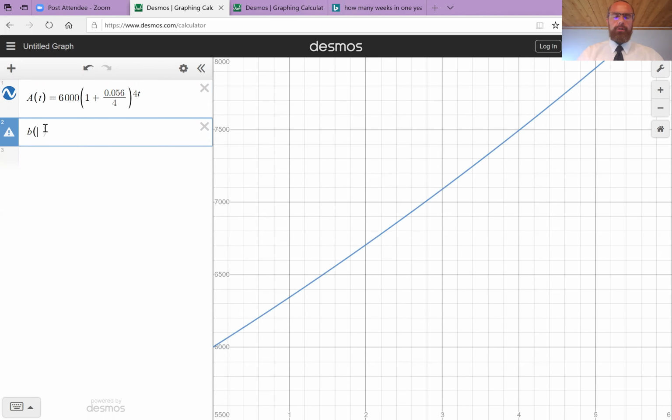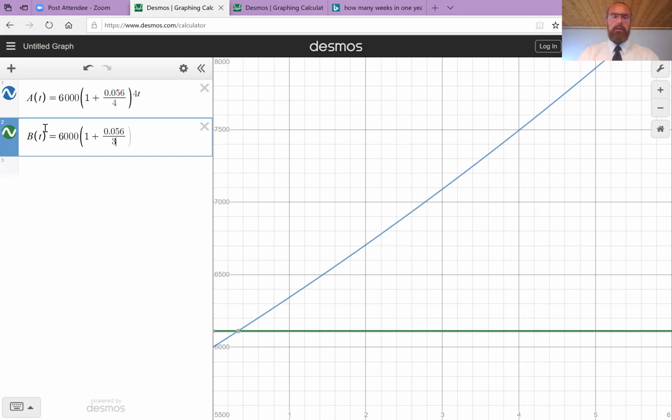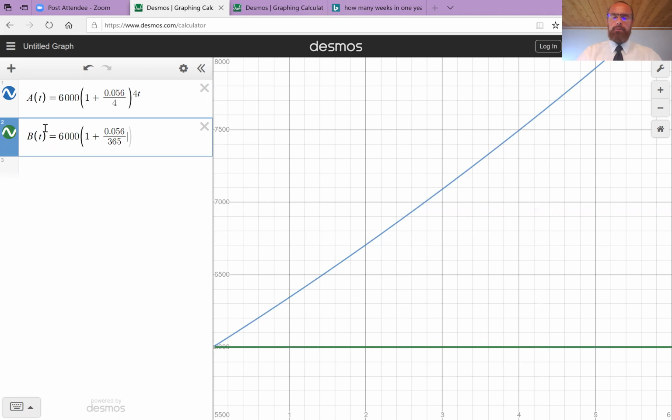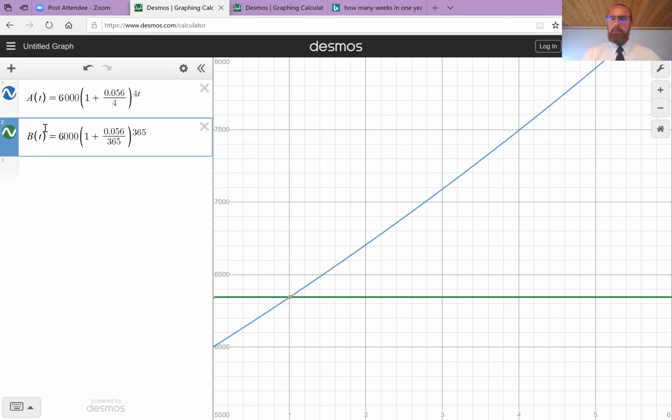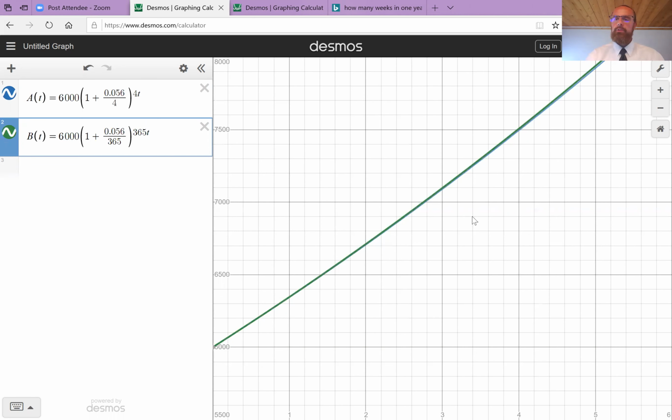Let's also put b of t, where I compound the same principal at 0.056, but change my interval of compounding to every day, so 365 to the power of 365t. Now, we can't see a huge change immediately, but notice over here on the right side of the graph,